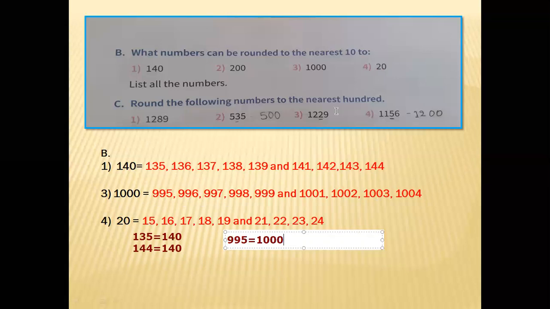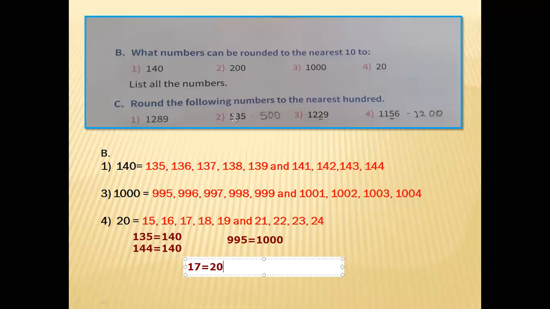Okay, fourth one, see 20. From 15. Okay, from 15 to 24, that equals 20. Okay, 17 also. See here 17 is there. No, 17 also equals 20 because in ones place 7 is there. So it will change, it will become 20. Right. So 18 also equals 20, 19 also. From 15 to 24, these numbers are nearest to 20. Okay. These are all numbers nearest to 10. Nearest to tens means like these numbers, nearest to this number. Understood? Like this you have to list.